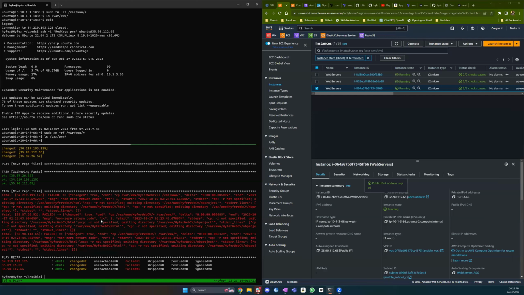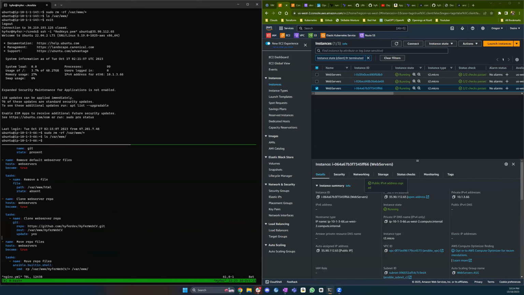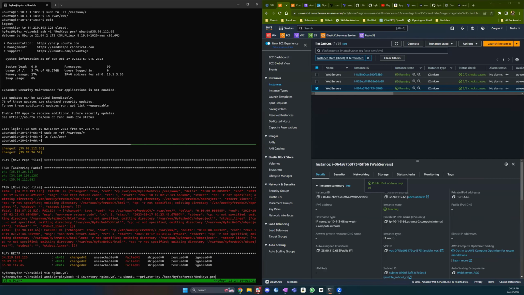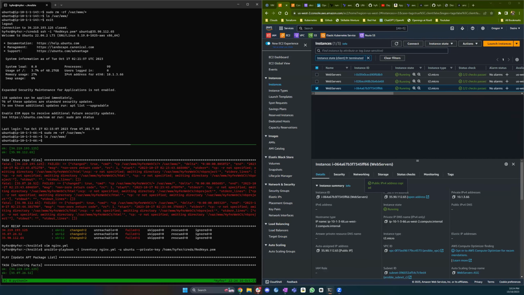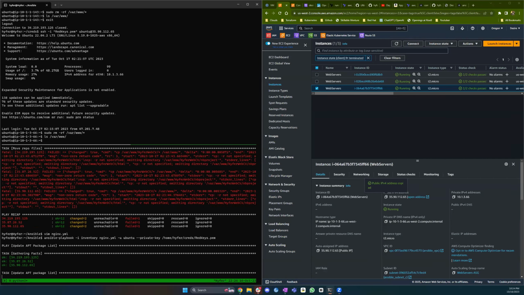CP is not recursive. I forget, does CP have to be recursive to copy directories? I guess so, since it's giving us that error. Is it the big R or just the little R? Okay, little r. And for any of you that don't know what recursive is, pretty much instead of just